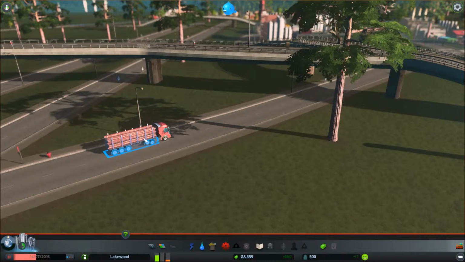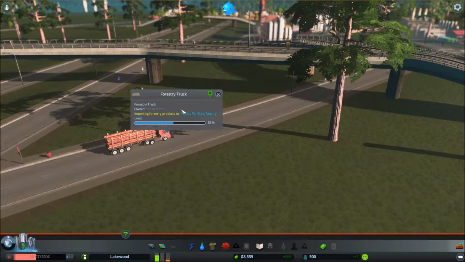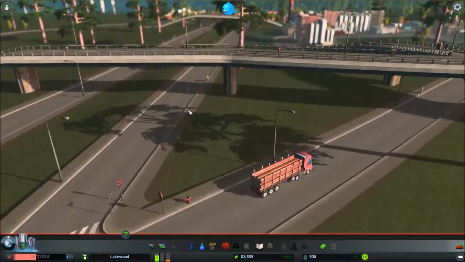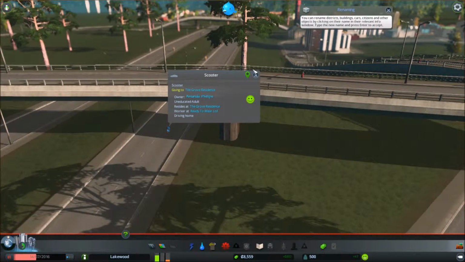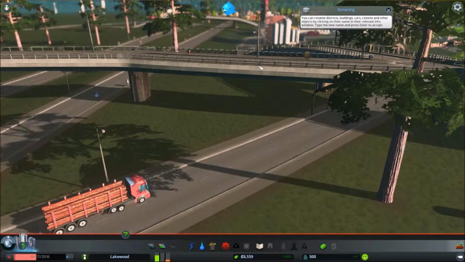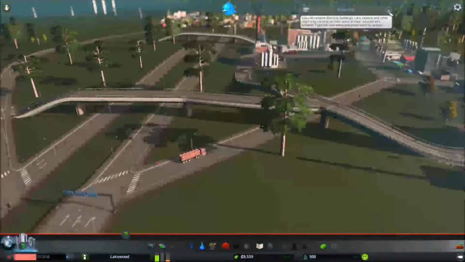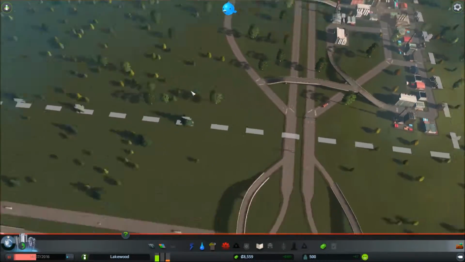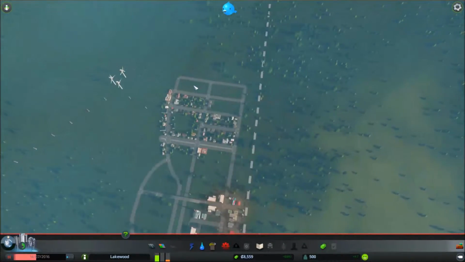Ooh, what truck's this? A forestry truck. 55% loaded. Put to Frank's Fish Stick Factory. Oh, this guy on his little motorbike. You can rename districts. I think we can. Yeah, we've learnt to rename now. I think so. When I press unpause, we should be able to rename. So,